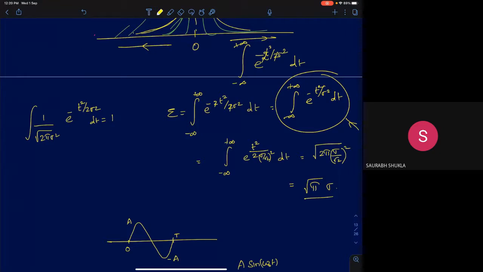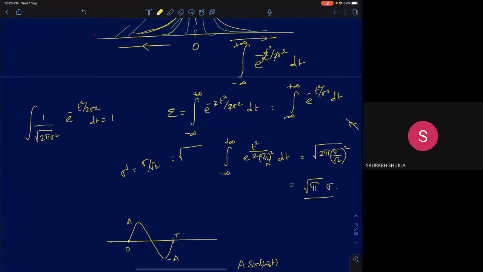So here the variance is not sigma square because there is no 2 factor here. So I'll multiply it by 2 and divide by root 2. So I'll write the variance of the new function is sigma by root 2. So multiply by 2, sigma by root 2 the whole square, you will get the same function here. Okay. Then now if I know the variance is sigma by root 2, I'll just multiply and divide this function